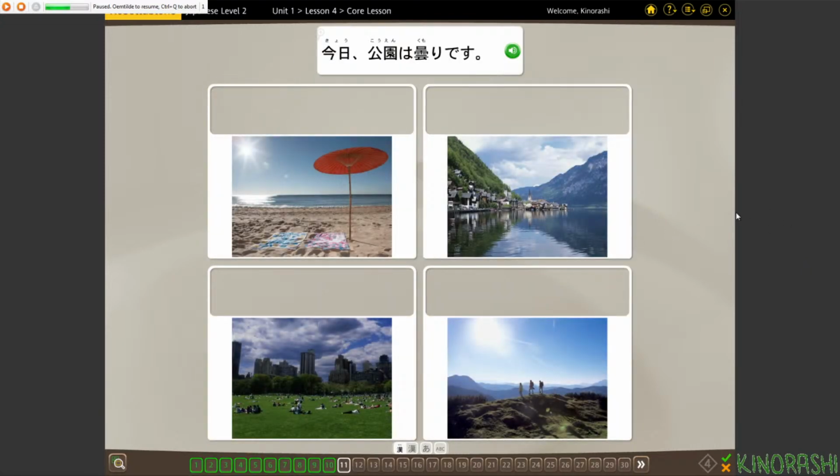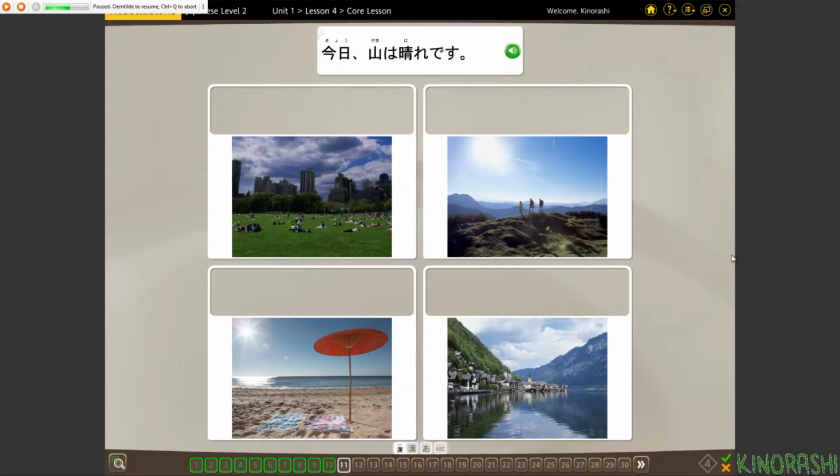今日公園は曇りです。I don't think I ever got this far the last time I tried to go through the series a few years back, but ended up stopping partway through for time reasons. 今日公園は曇りです。